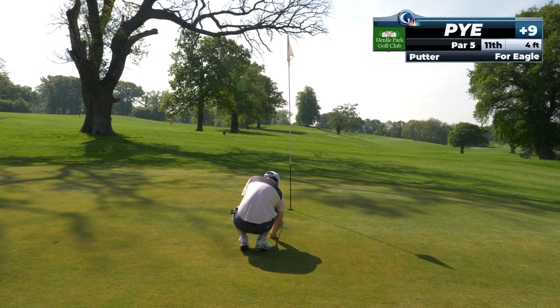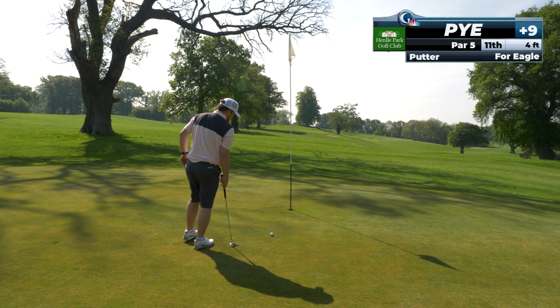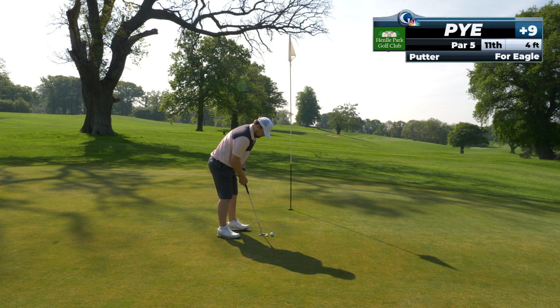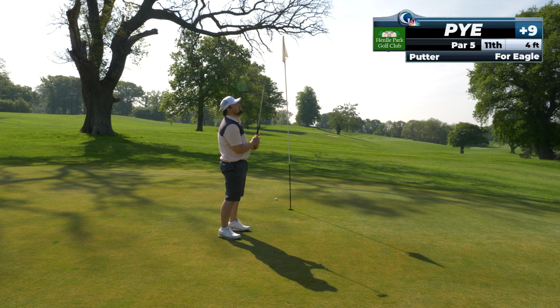My first ever eagle, in fact, like literally 3-4 foot away. It looked quite an easy putt on camera, but yeah, it had a subtle break in it, and I thought, you know what, I'll hit it firm and just go for it because I want to get this eagle. And oh my god,